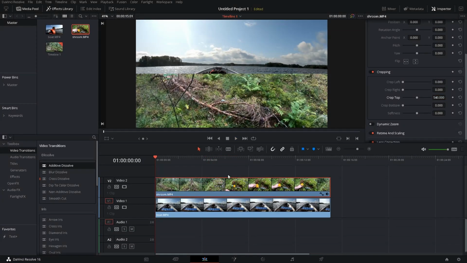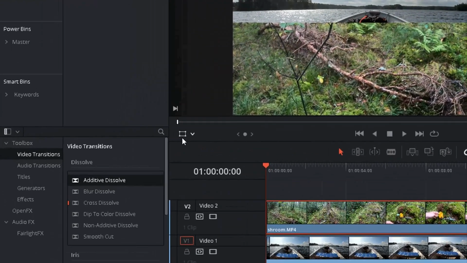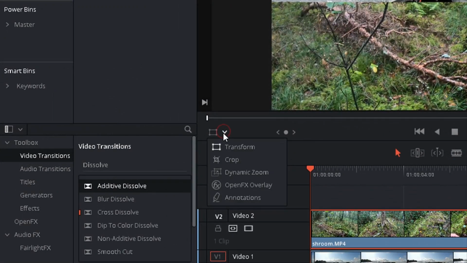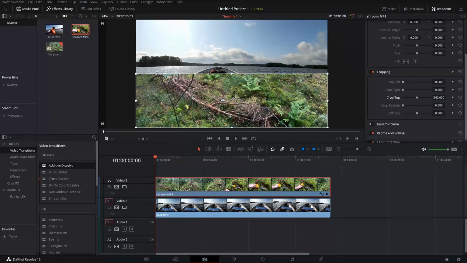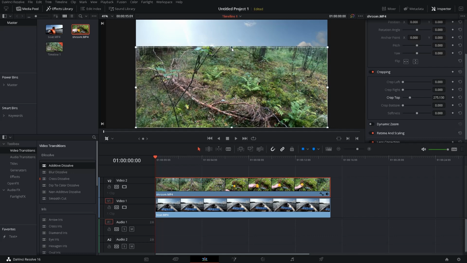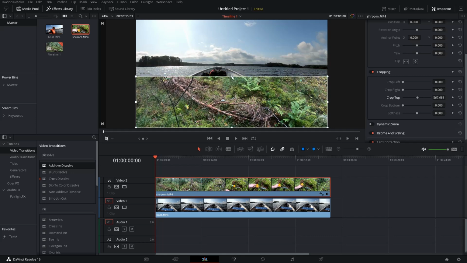Now what's also very useful is this small button here. You can choose crop, and now you see you get nice handles around the cropped section of the one part of your split screen, and you can transform it now just by moving these handles like this. So this is a very easy way to change the settings, which usually you change in the cropping section of